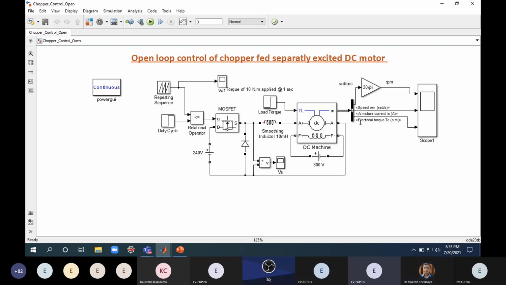Sir, actually, which type of converter is mostly used in EV? Boost, buck, or buck boost? See, in an EV, I will show you that as well. You have to go for the configurations which will provide both the motoring as well as the regenerative action. I have one slide where these converters are mentioned. When you are using a DC machine, then